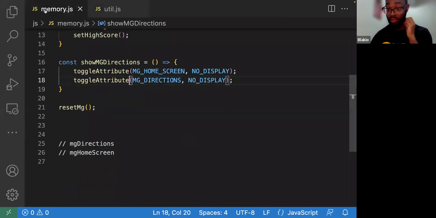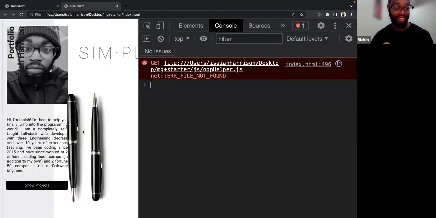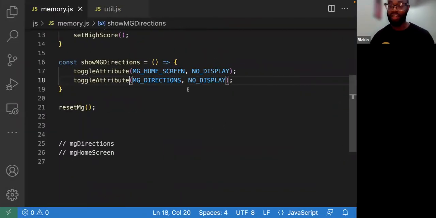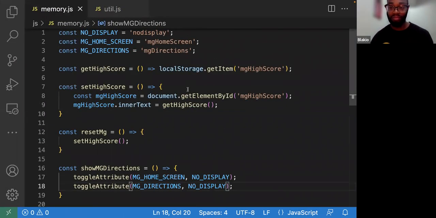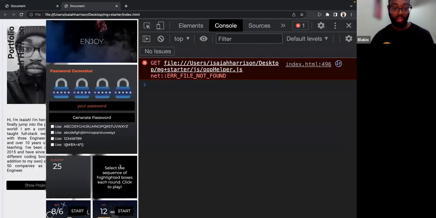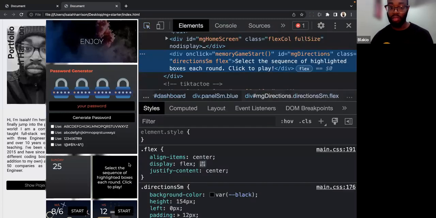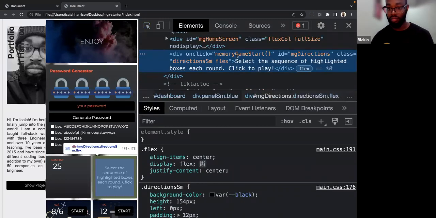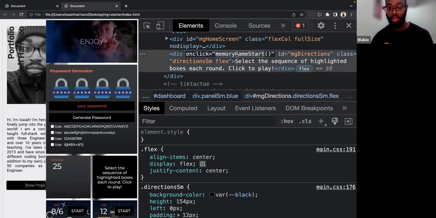I'm wondering if we can do this quickly. We probably can't. So I've got to put a click event on, so hold on, let me open this up. I click this. Let's look at this HTML element. We have to be able to click this to go to the actual game board. It has an onclick right here, so we're literally just going to do the same thing we did before.